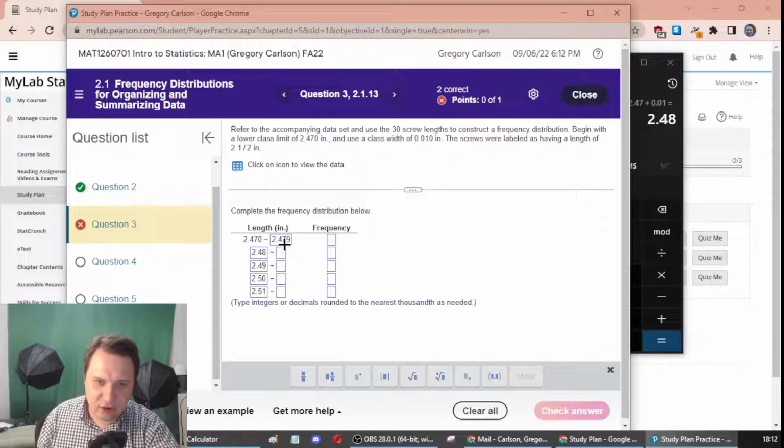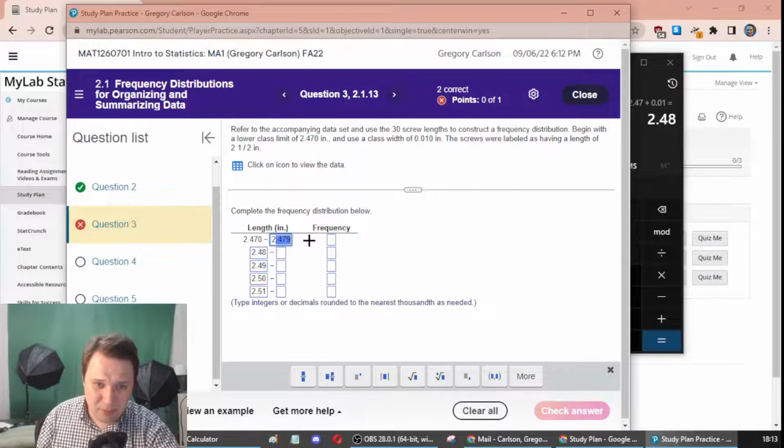I don't like this very much because I think 2.479 is kind of arbitrary. Like, why not 2.4799 or 999 or 9999? Anyway, they want you to do one more decimal place. So 2.479 is slightly below 2.48. Okay,